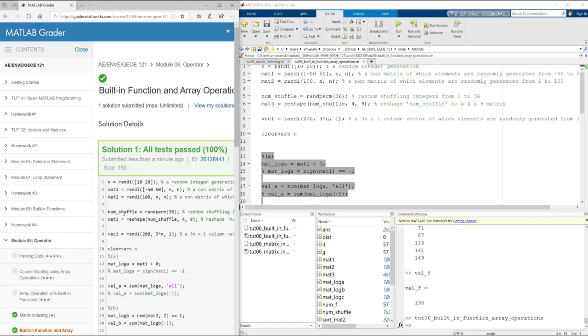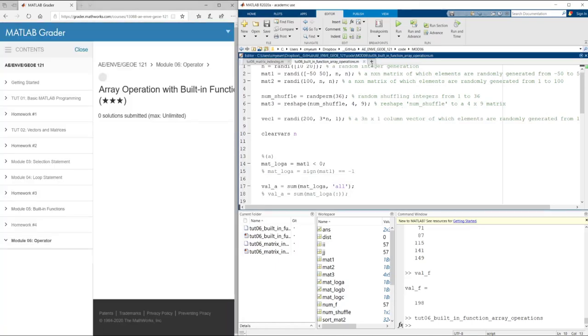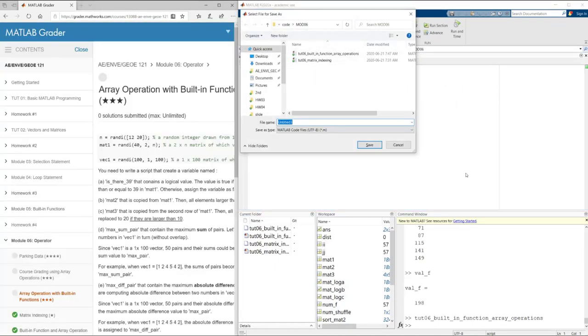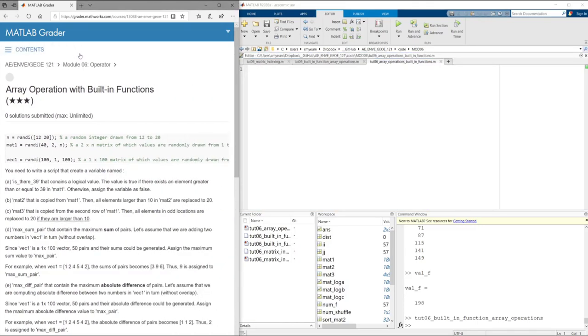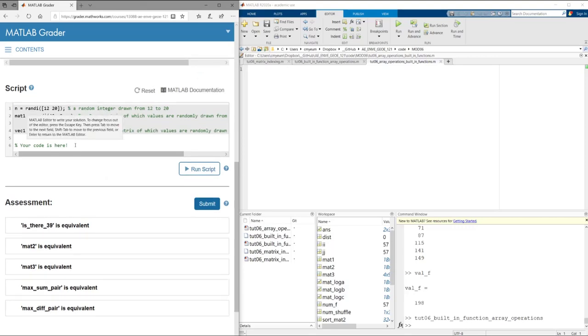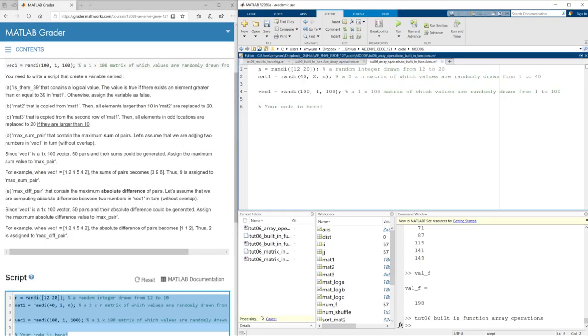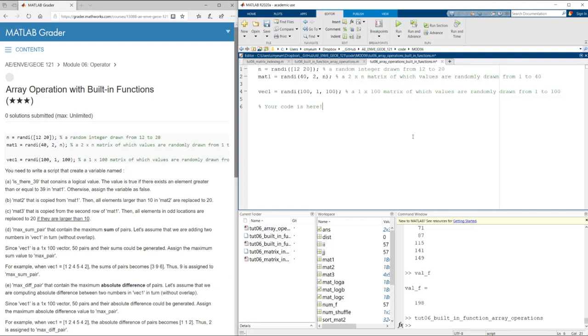Okay, the next problem is array operation with the built-in functions. Tutorial, array operation, built-in function. Okay. Okay, so let's copy this code. And A is there